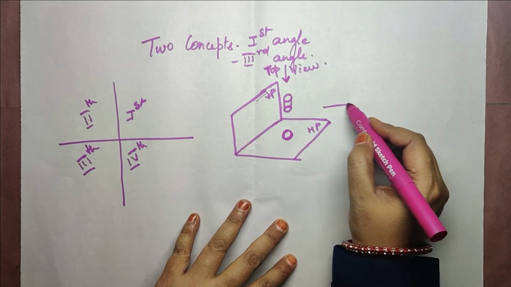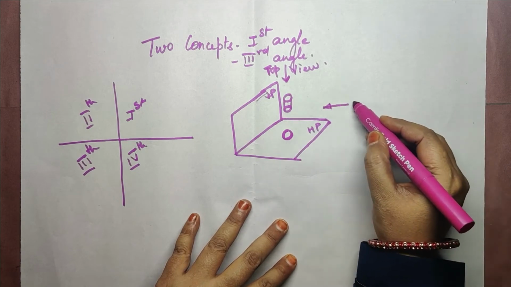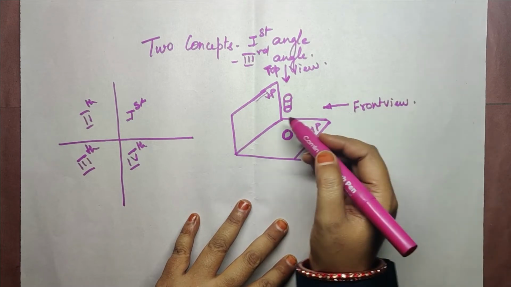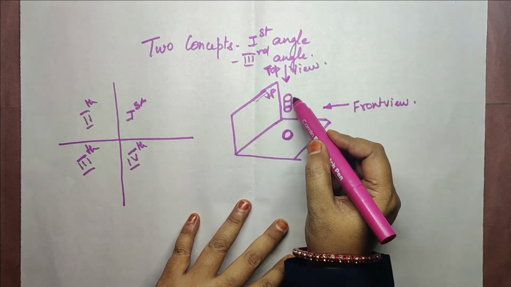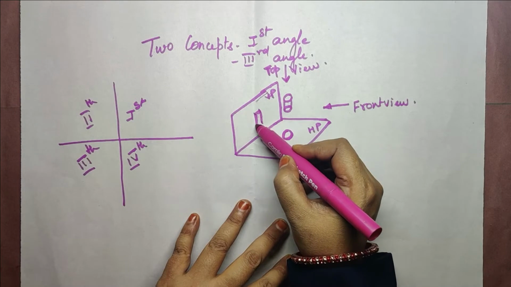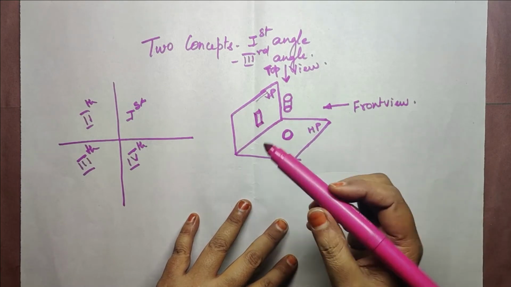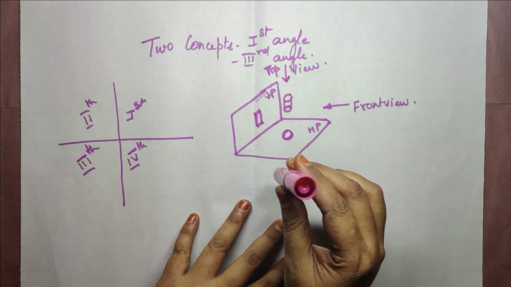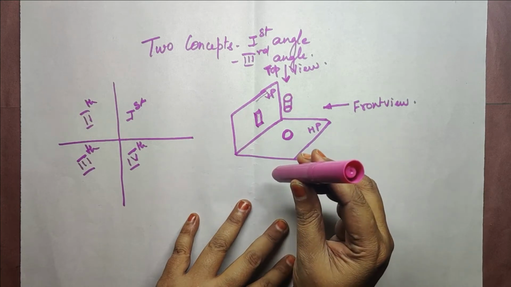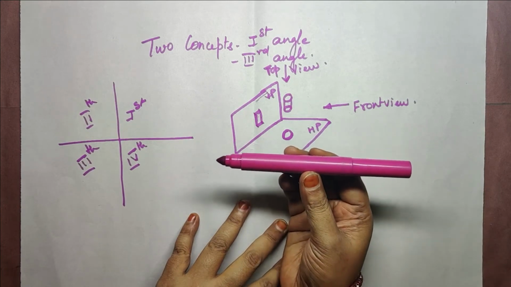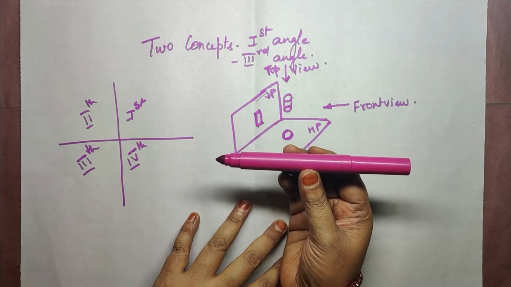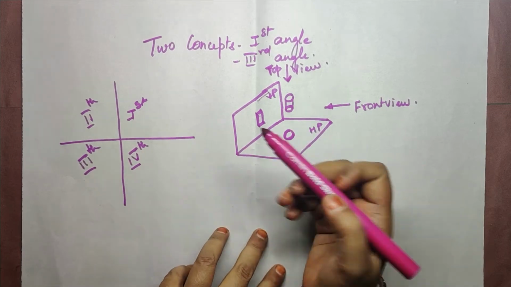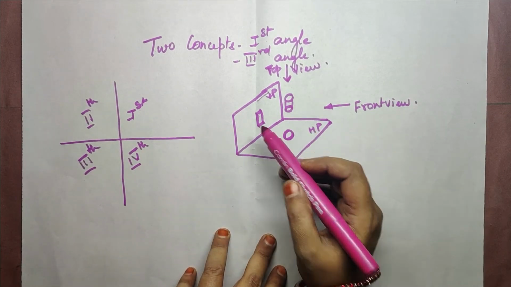If I view it from this side, that is the front view, I can view only the rectangle shape of the object. Okay, this is what you are going to see. See here, if I place it like this, this is the circle. Okay, now if I place it like this, it is a rectangle, isn't it? If you don't consider this, you will see a rectangle. Okay, so rectangle falls on this side.